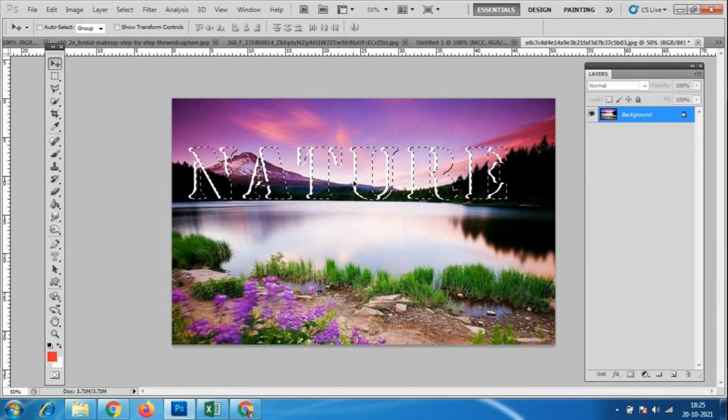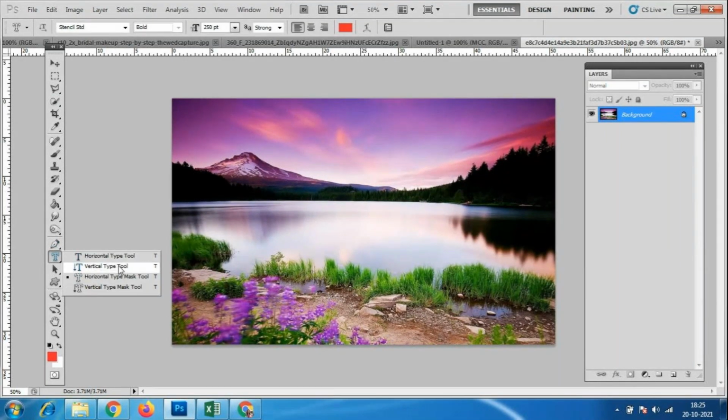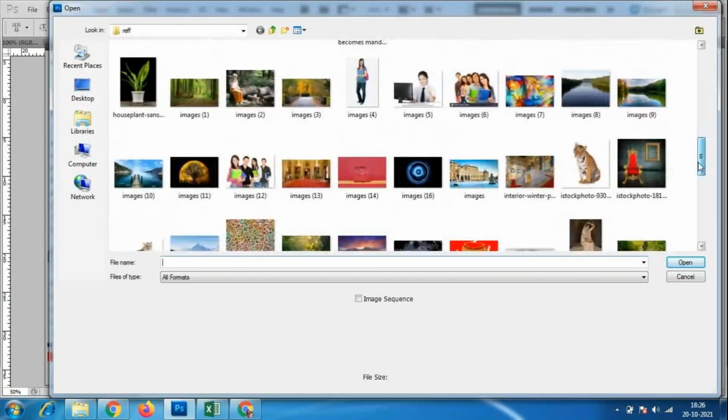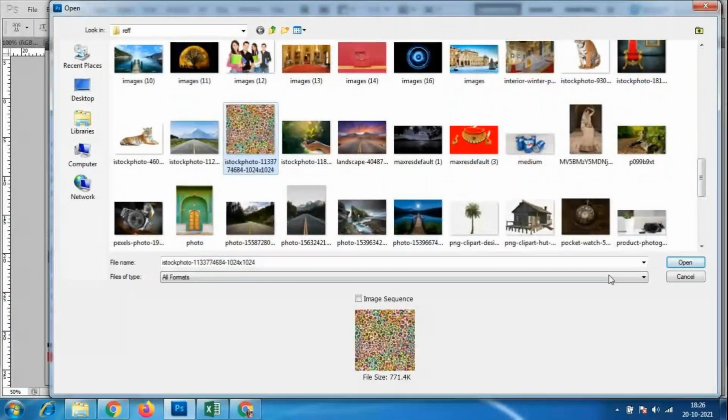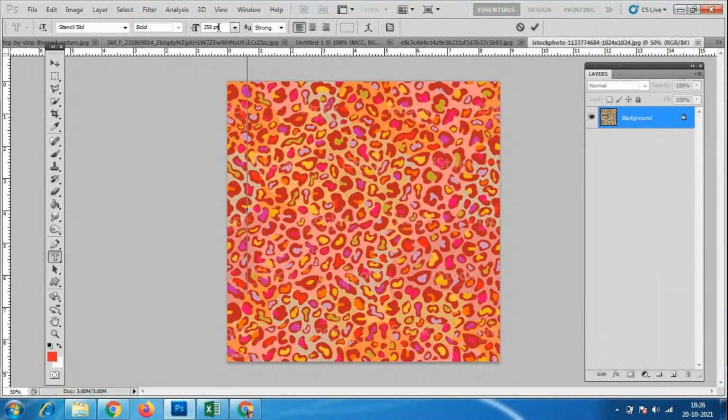With the same file I made it like this, nature. For headings and so on, that is when we have to use this option. How to use it? You can select wherever you want, however much area you need. I want this much area, correct? Like that you can take different images. According to that, I wanted the texture here, and the size of this texture, I have given 250. So 200 or 150 I will give.